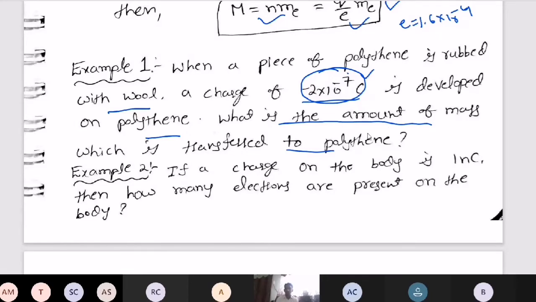Okay. So here in the question, there is a charge. The charge value they have given in the data. The e value we already knew. The mass of electron, me, is how much? 9.1 into 10 power minus 31 kg. This is the mass of electron. So substitute in this formula.